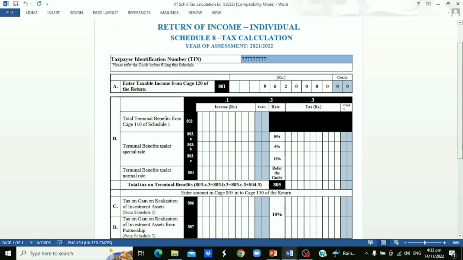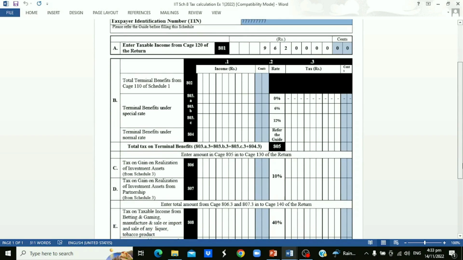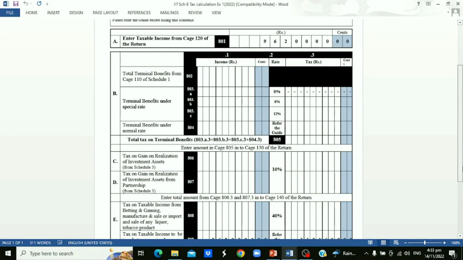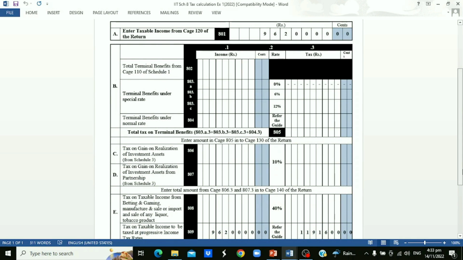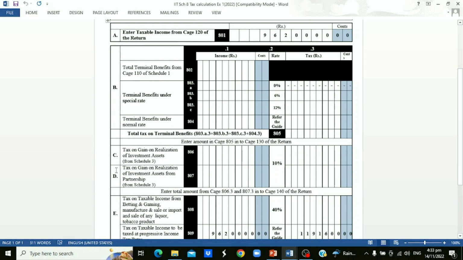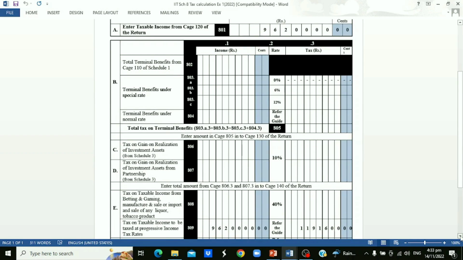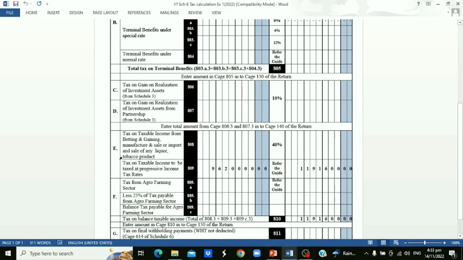Under that Schedule 8, we have to calculate payable tax by Ms. Chandrika. There are several parts A, B, C, D, E. Under E, we can mention the taxable income of Ms. Chandrika because she has only normal business income. Therefore, we can put that amount under cage